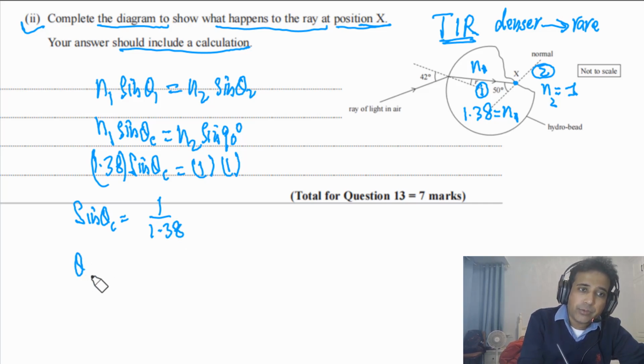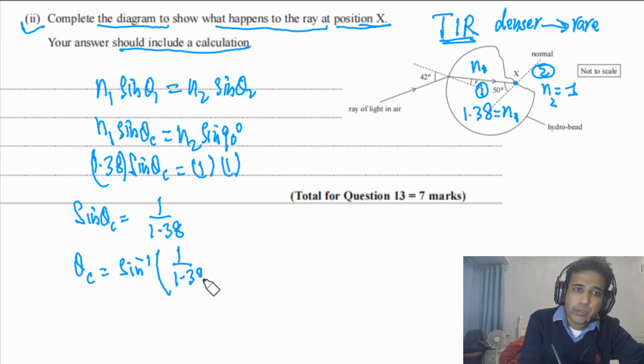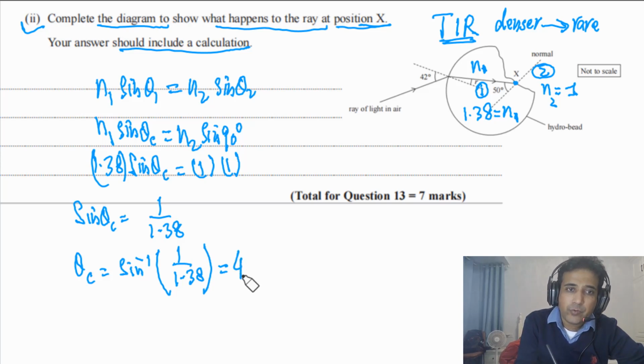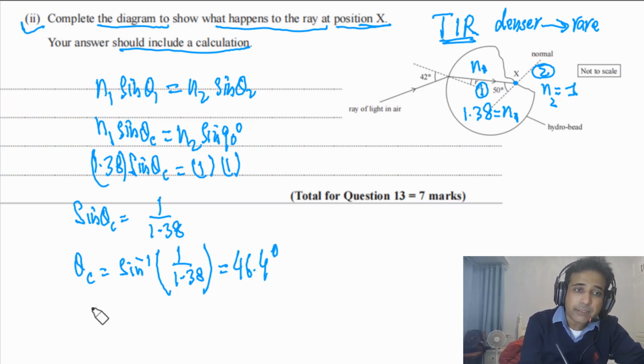We need to calculate theta c, so theta c equals sine inverse of 1 over 1.38. If we simplify this, we get 46.4 degrees as the critical angle. The critical angle is lower than the angle of incidence, which means we have